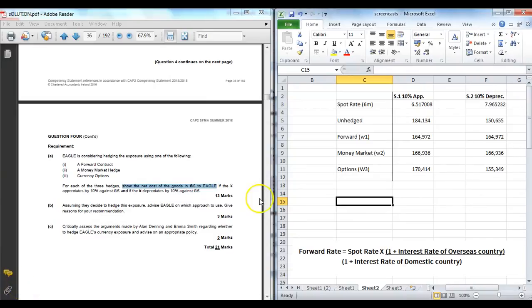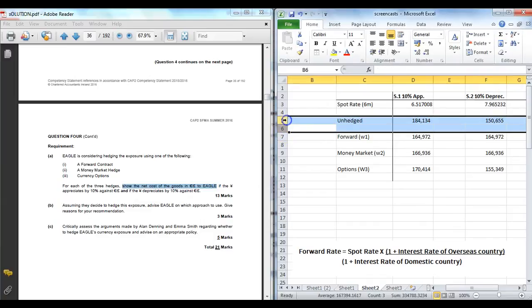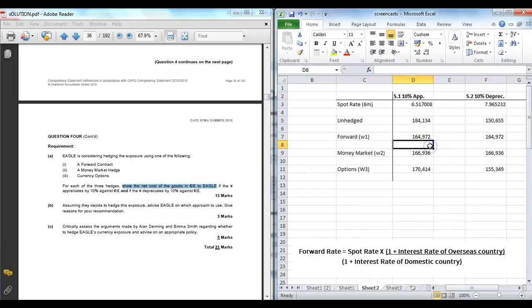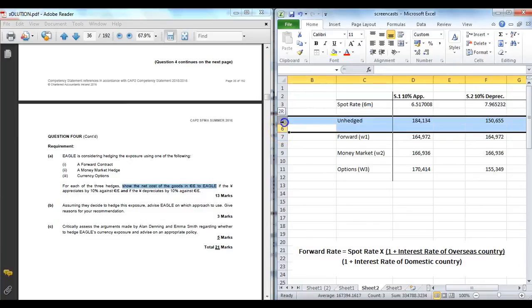So in terms of making some comments, well, clearly we'll ignore this unhedged for now because that was not part of the question. But again, if there was unhedged here, just one clear comment that you make is there's a lot of uncertainty here. There's a big swing at 34,000, which again, unless they were happy to take on that risk, it wouldn't really be feasible to leave yourself exposed to that, because it could wipe out a lot of the profits on any